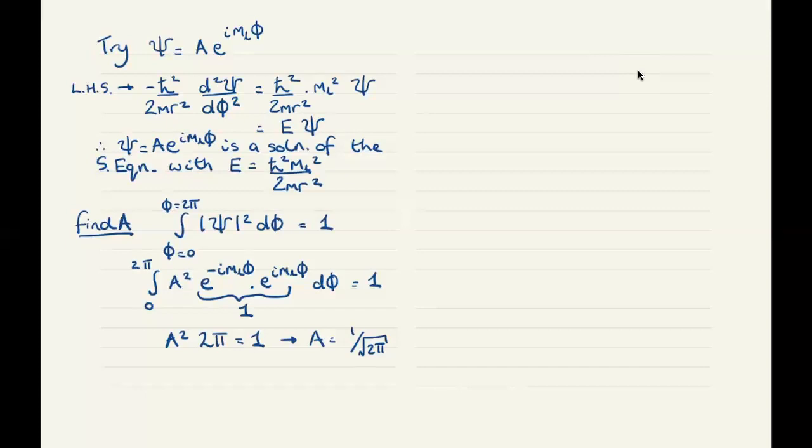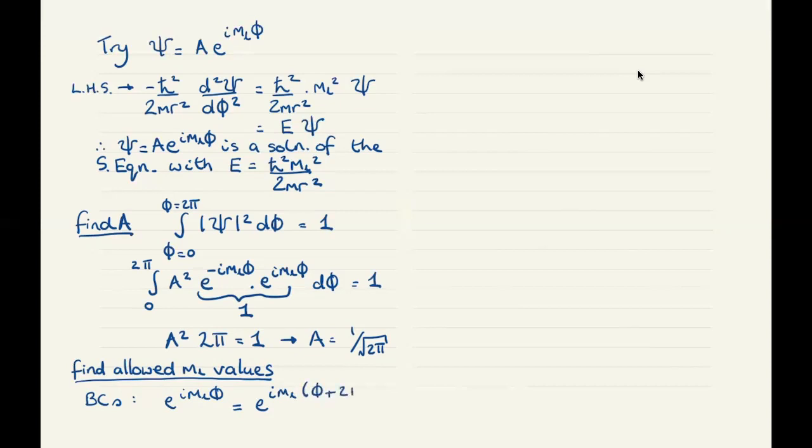We'd also like to know what our m sub l values are, because our m sub l quantum number, we already showed, determines what the energy of the wave function is. And for that, we'll apply the boundary conditions that e to the i m sub l phi is equal to e to the i m sub l times phi plus 2 pi,